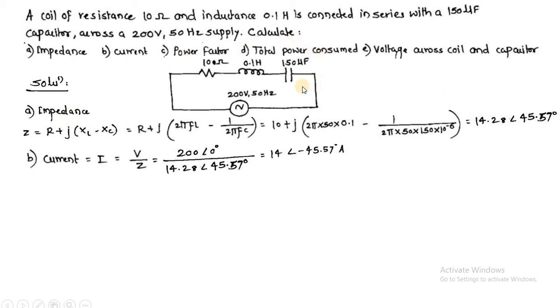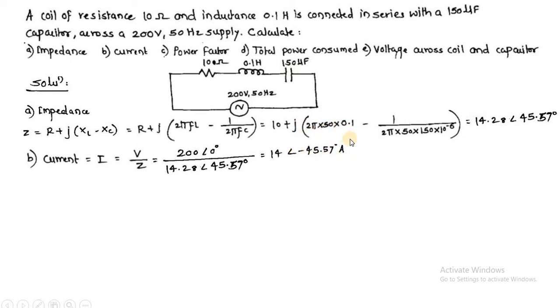Now here XL is greater than XC. Even though the circuit has R, L and C, all three components present, the inductor is greater than the capacitor, so the circuit is inductive in nature. As the circuit is inductive, your impedance angle is positive, because the impedance triangle lies in the first quadrant, above the positive x-axis. So the angle phi of the impedance is positive. But as the circuit is inductive, the current is lagging, so the angle of I is going to be negative.